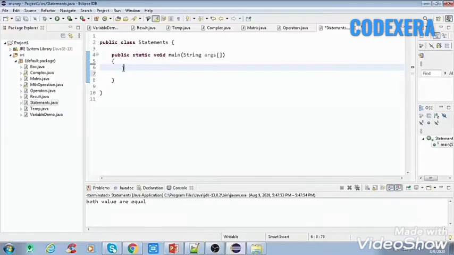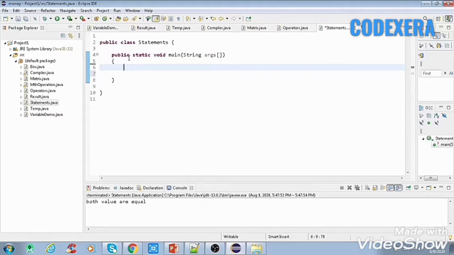Now one more statement is remaining, that is nested if statements. So how can we do that? A nested if else statement is nothing but using many statements inside one statement. So for doing that, I will show you how we can do that here.